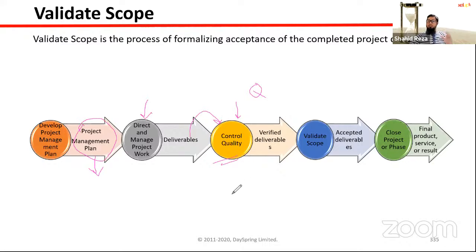This is also your team's quality assurance team's work. In the software industry, we have a team that is a testing team or SQA team, software quality assurance team. So their duty is to